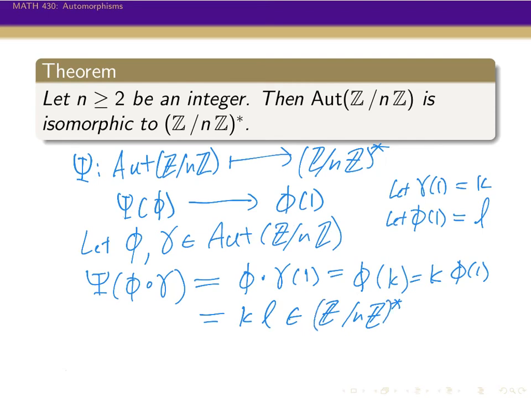And this is equal to L times k, because the multiplication in Z mod nZ star is commutative, which is equal to